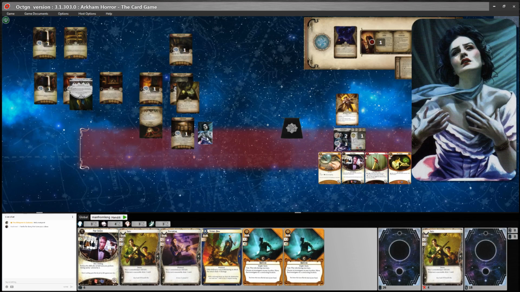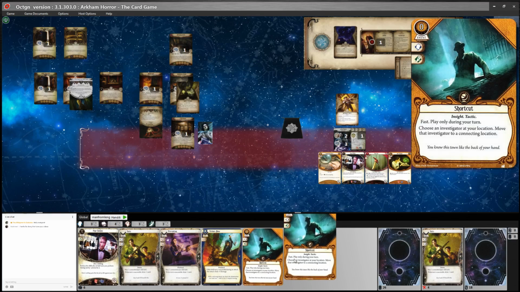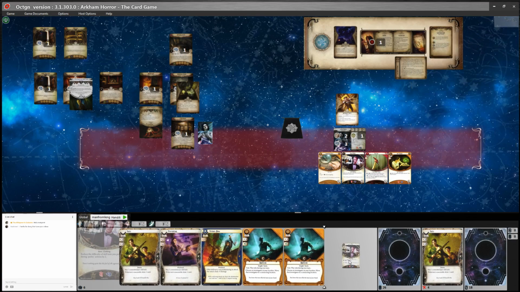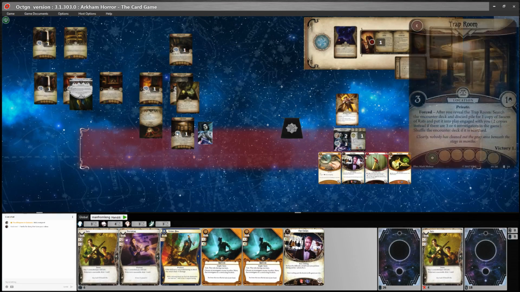Let's see what we can do here. We need to go... We're a seeker. We know that. So we've got these shortcuts and the fine clothes that we can play. Those are all agility icons. Unfortunately, we need to get...